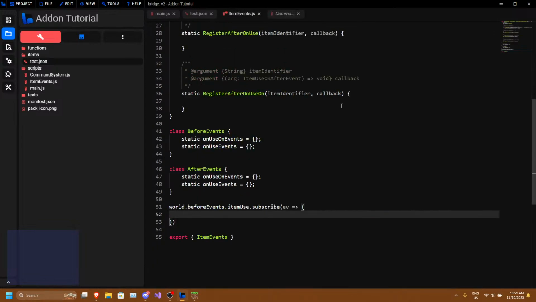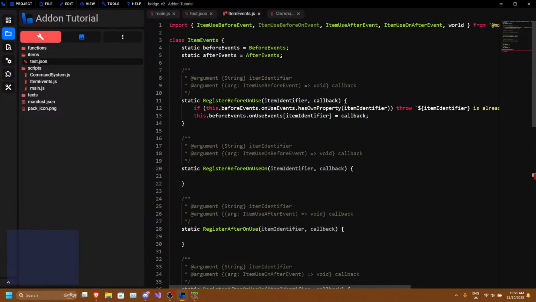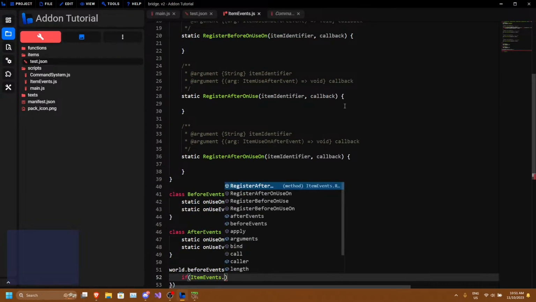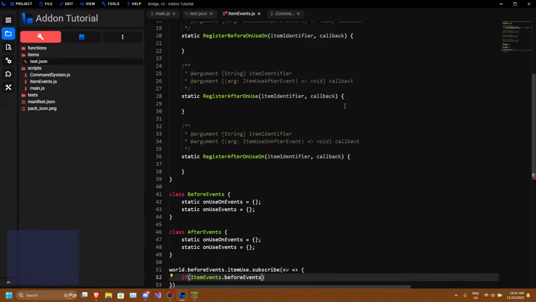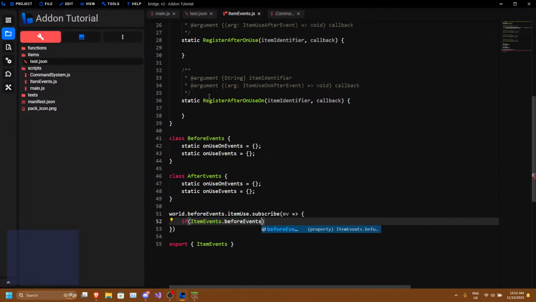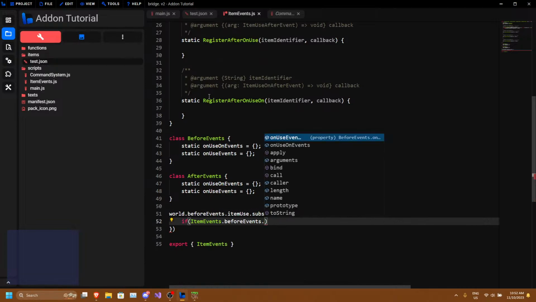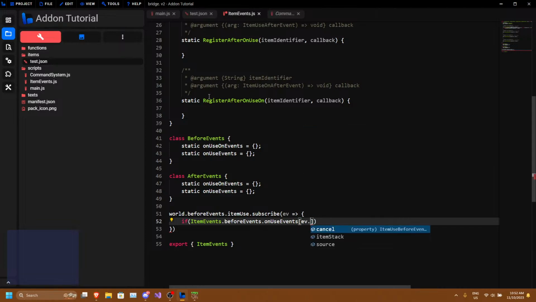Okay, so we just do if item events dot register before events on use events, and then ev dot item stack